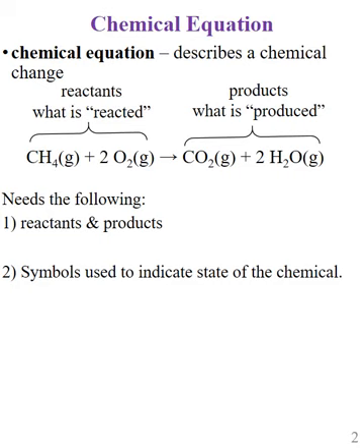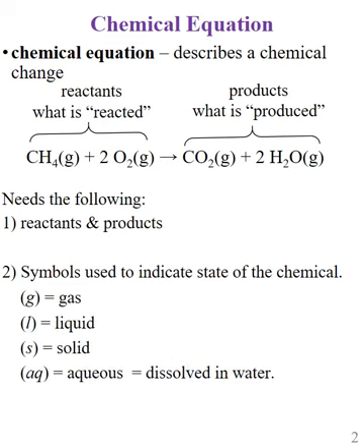The second thing we need are the symbols. These are used to indicate the state of the chemical that it is in. So for example, methane is a gas, and so we can write G for gas, L for liquid, S for solid, and AQ means aqueous. Aqueous means dissolved in water. So AQ stands for aqua, and so you can think of it as water. Most of the chemicals that we deal with involve the aqueous state, and we're going to talk a lot more